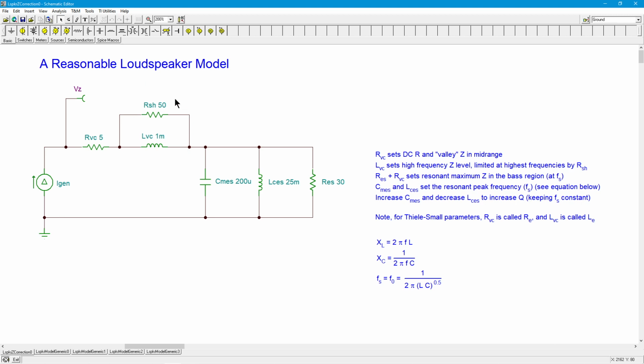I have this RSH up here, which limits the high frequency effect of the inductor. Now there are multiple models that you can use of varying levels of complexity, but this is a fairly decent model. And I'll just tell you right off the top that LVC over here is what's going to control the high frequency impedance. And then this little parallel resonant thing right here is going to control the bass free air